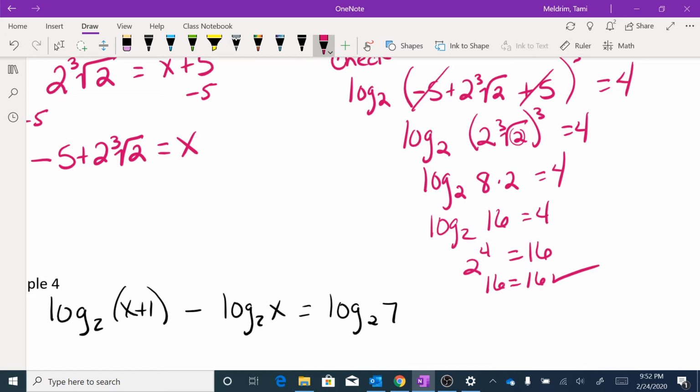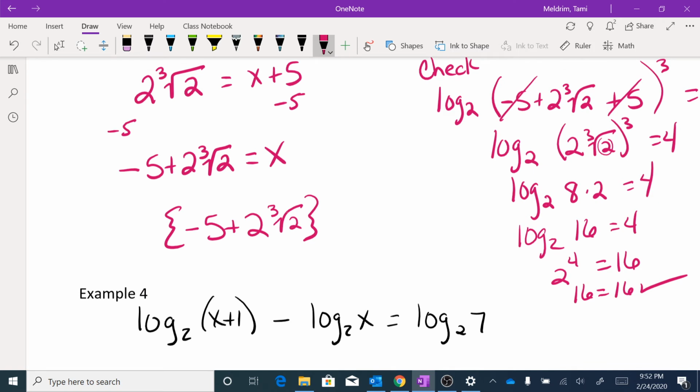So my solution set would be negative 5 plus 2 times the cube root of 2. And that's my answer. For example number 4, I have